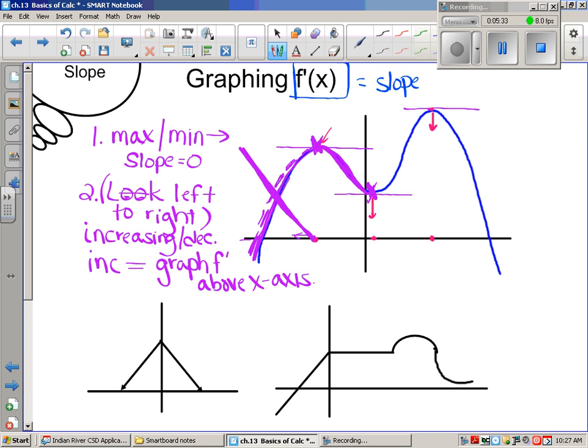It's decreasing. In fact, it starts kind of slow, then it speeds up, and then it slows down again. It's kind of like when you're skiing down a hill. You start a little slow, then all of a sudden you pick up speed as you're going down that hill, and then immediately, as you hit the bottom, it starts to slow down. So decreasing, again, what are these slopes? These slopes are all going to be negative slopes, and so we would graph f prime